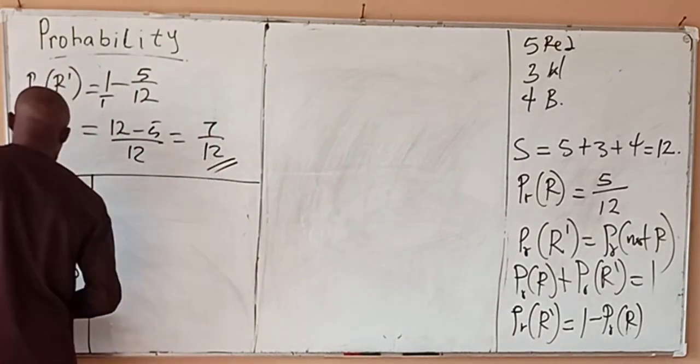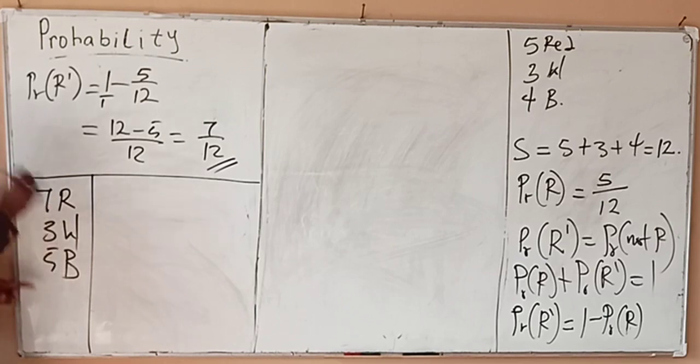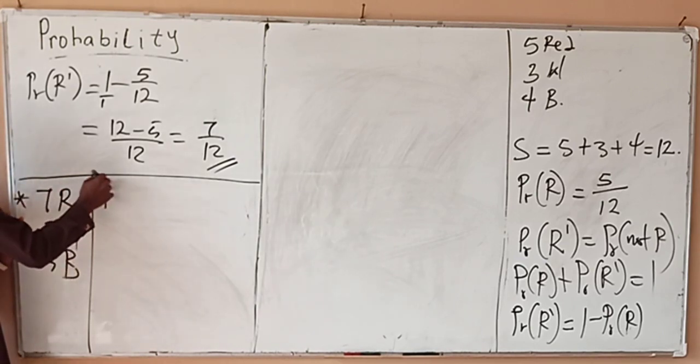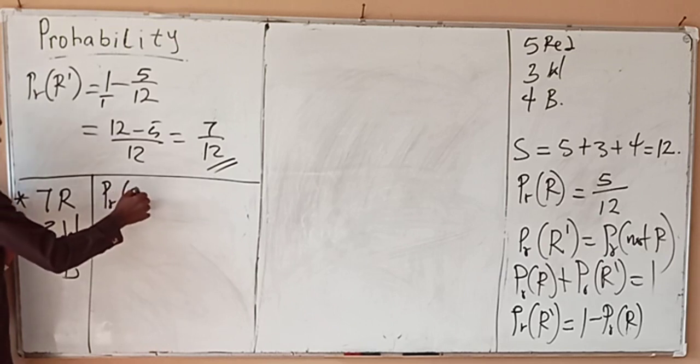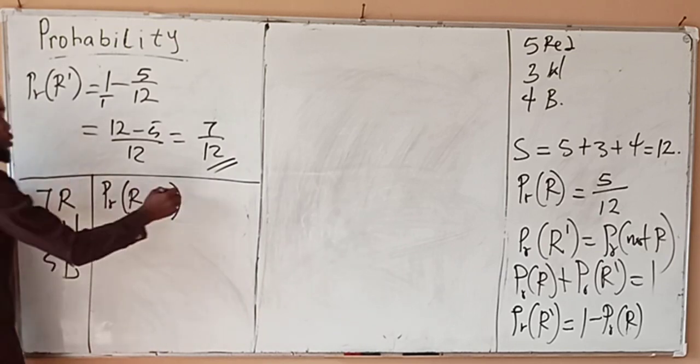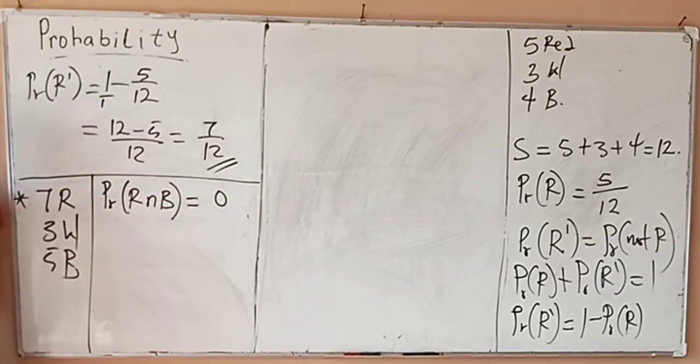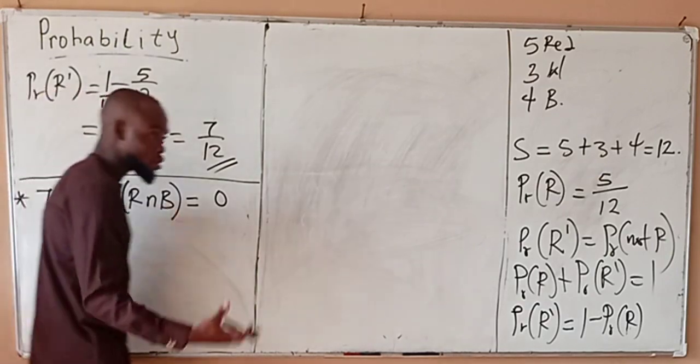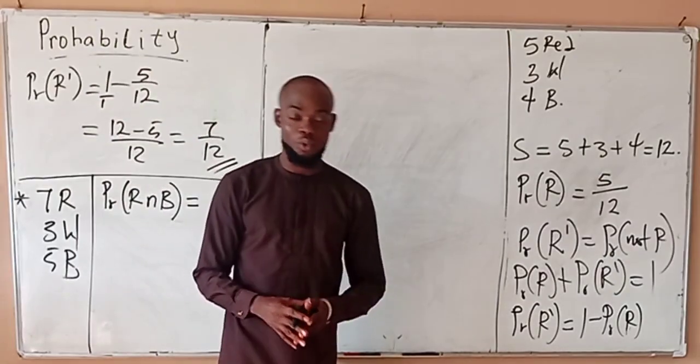If you draw one ball, we are drawing one ball. We cannot draw one ball to obtain a red ball and a blue ball. So the probability of obtaining red and blue by drawing just one ball is not possible. It's 0. Now, but if I say 2 balls are drawn at random with replacement,